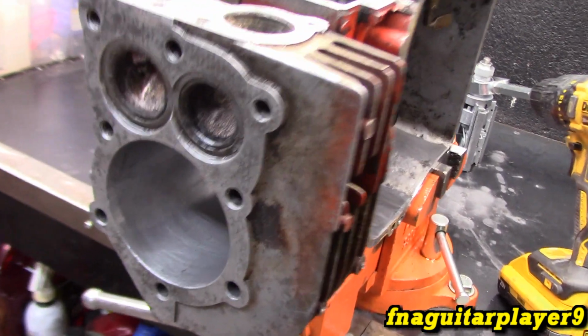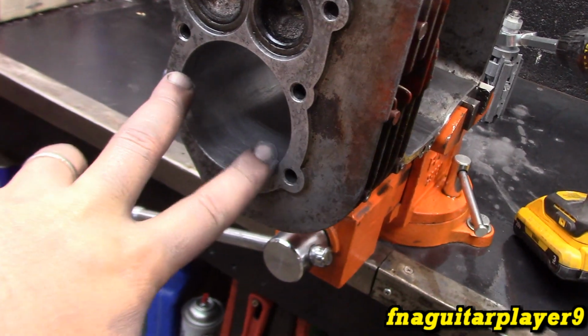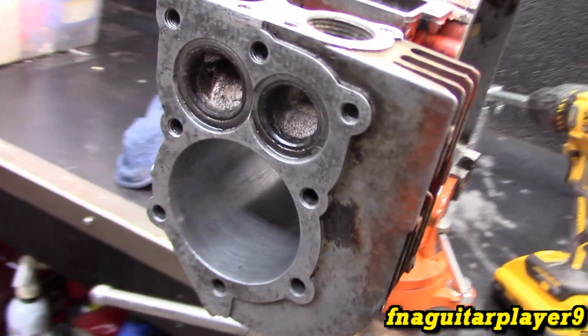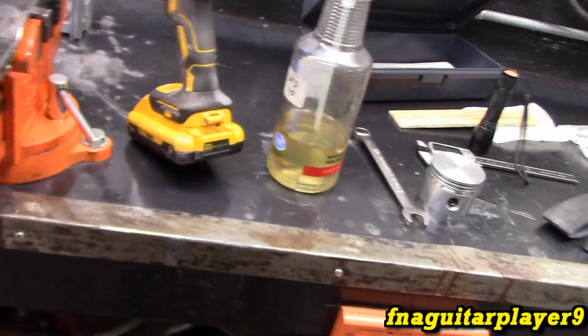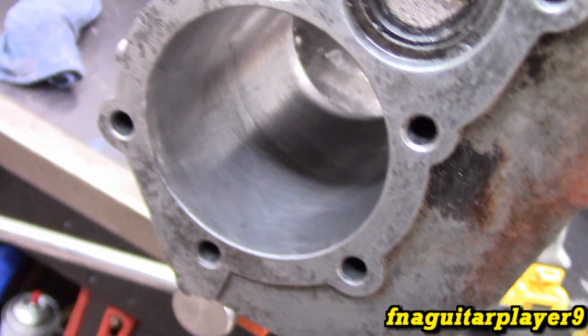But you can't really base this just on measuring the ring gap. You really need to mic the bore and the piston to make sure your clearances are right. But I've worked on these motors for so long, I know this is just about what you want, so we should be good to go on this. Like I said, we got a pretty good finish. I like to get just a little bit better of a hone mark with the other hone,